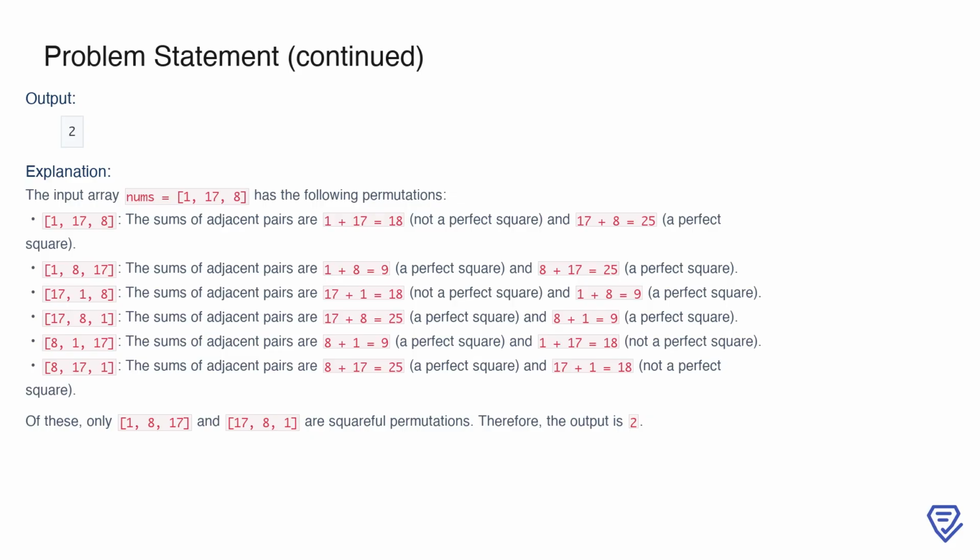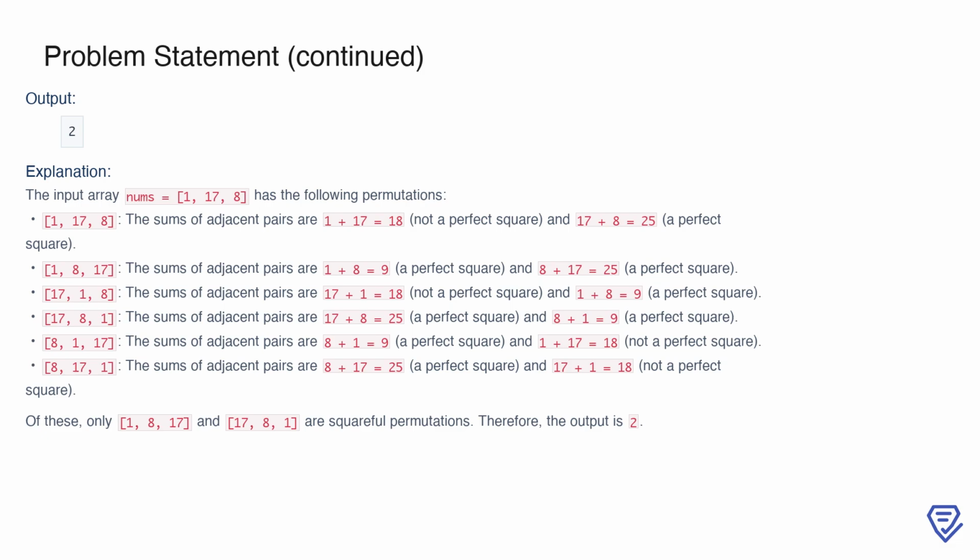Similarly, the permutation 17, 8, 1 is also squareful because the sums of adjacent pairs are 25 and 9, which are perfect squares. However, other permutations like 1, 17, 8 fail because one of the sums, 1 plus 17, is not a perfect square. After checking all permutations, only 2 of them are squareful, so the output for this example